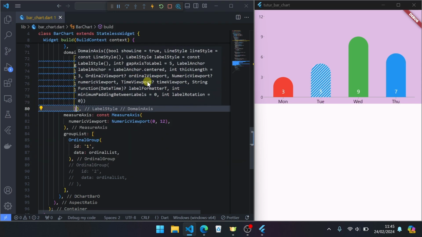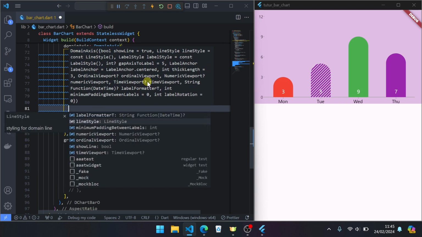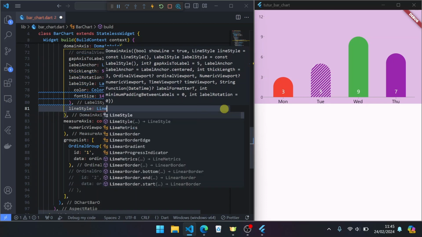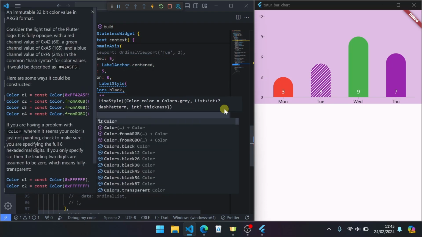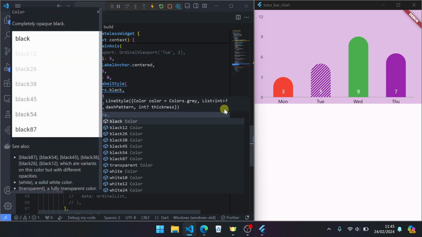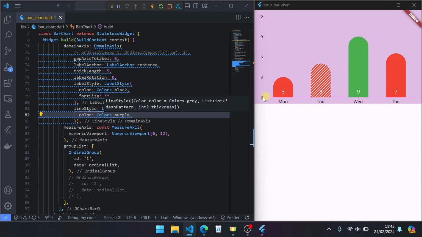Okay. Next, line style, line domain, line style, you can change the colors to purple, like this, or green, maybe.